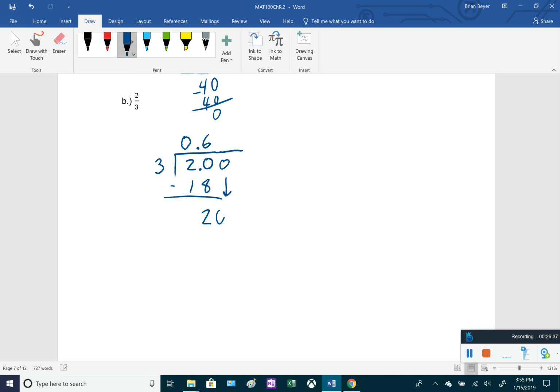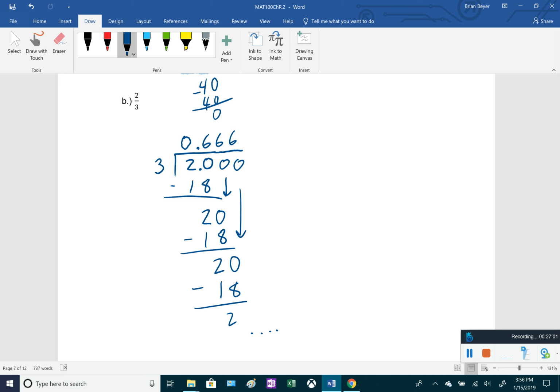Bring down a 0. 3 goes into 20 6 times. We get 18 when we multiply. Subtract, we get 2. If we keep on doing this, it's probably pretty clear what's going to happen. We're going to keep on getting the same thing over and over again. So our answer is going to be